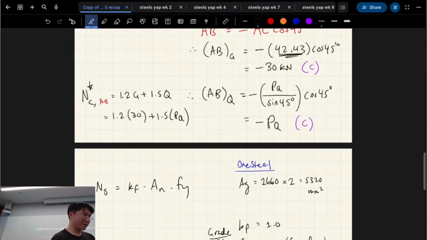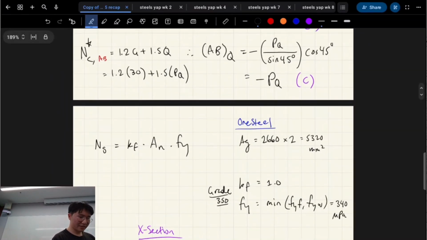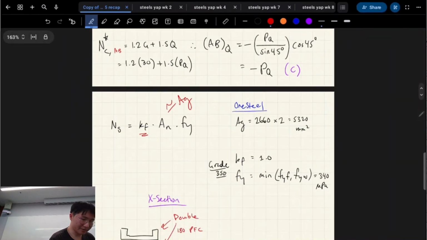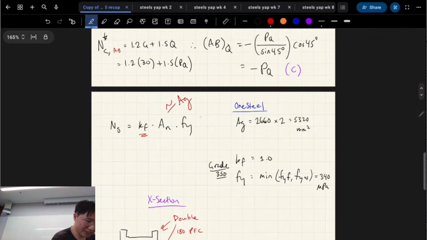Now we're going to find the compressive capacity, right? So now we're looking for kind of different things in One Steel. We're looking for KF, which can be found for your shapes in One Steel. Generally for compression we say we take AN as AG. Now in the code it's written as AN. All the lecture examples, all the workshop examples, they'll tell you to take it as AG, and in industry as well. For FY,